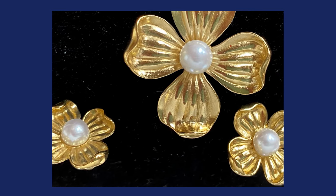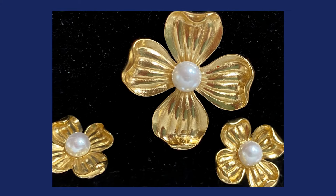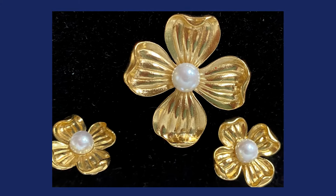It's gold plated. The earrings, of course, are beautiful, nicely done. And again, the dogwood flower blossoms are the features of this particular set. So she said, I bought the set. I couldn't believe what the price was. I liked the dogwood flowers. I saw that it was gold plated, and I saw that it was that 4-element